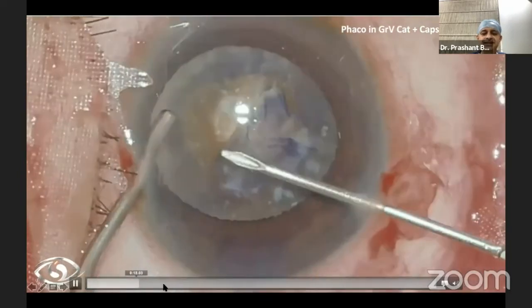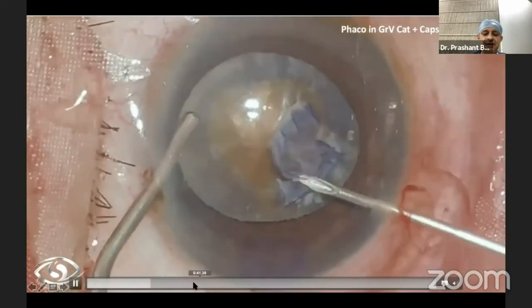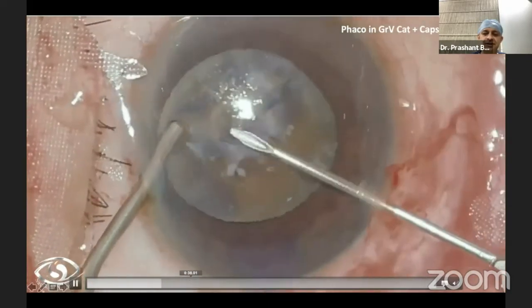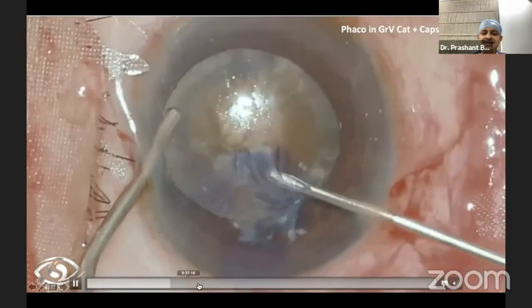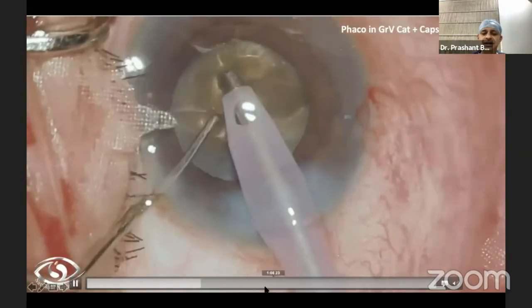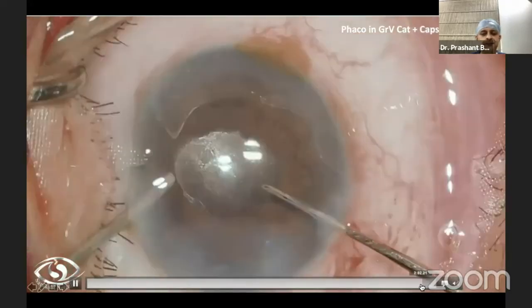Well, the basic challenge here is doing a good capsulorhexis. I'm doing a capsulorhexis under this particular system at such a phenomenal high magnification. Once I achieve a complete CCC, then the rest of the job for any phaco surgeon is similar: cracking the nucleus and removing it and the lens insertion.